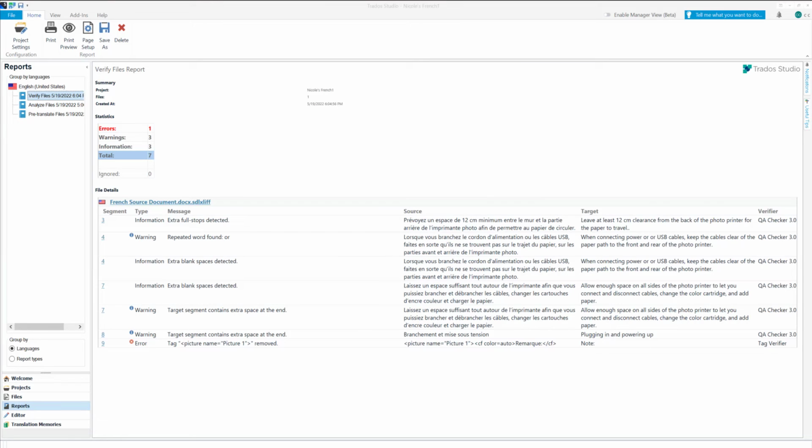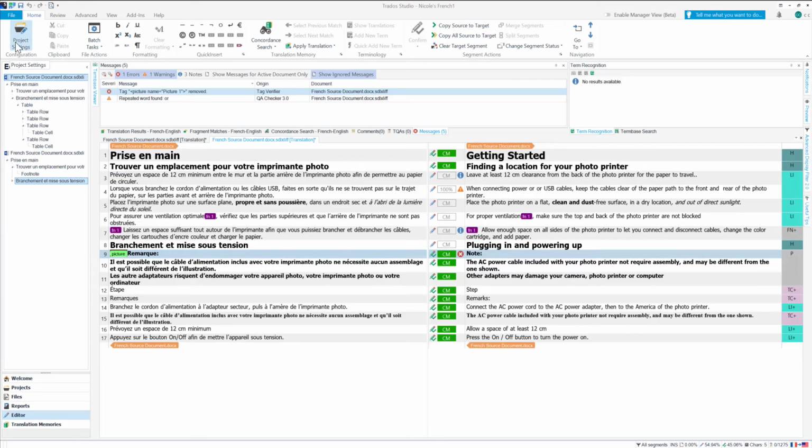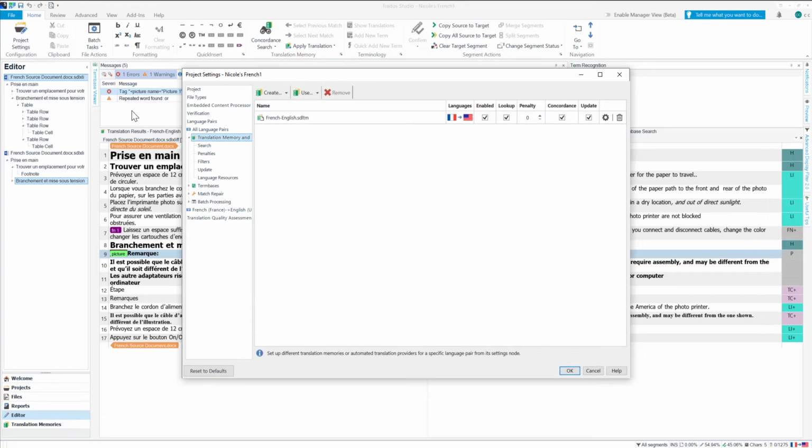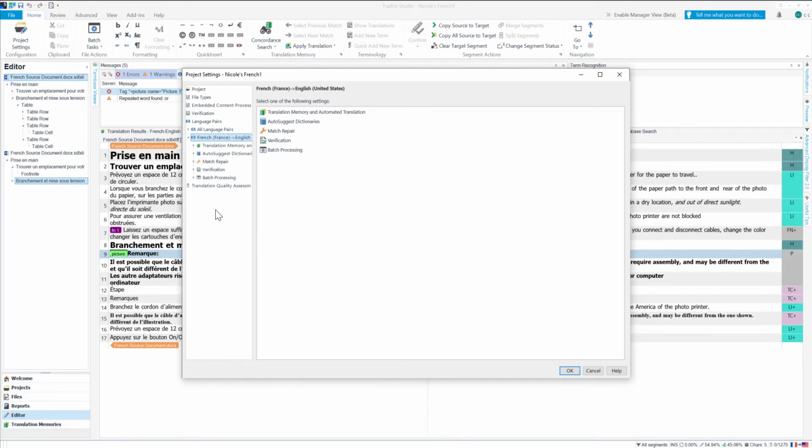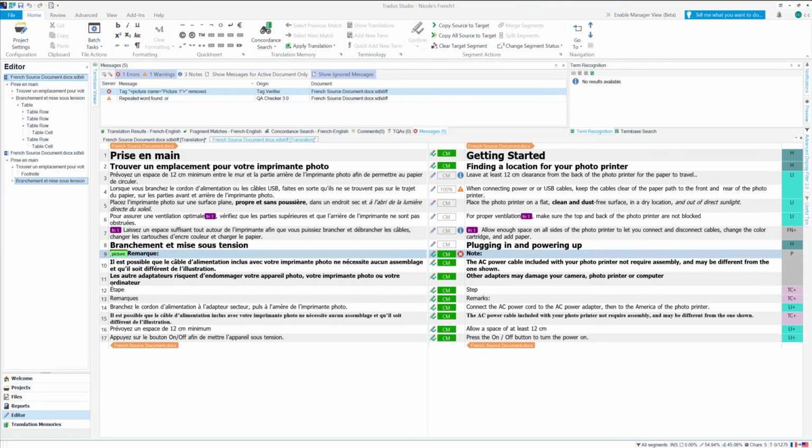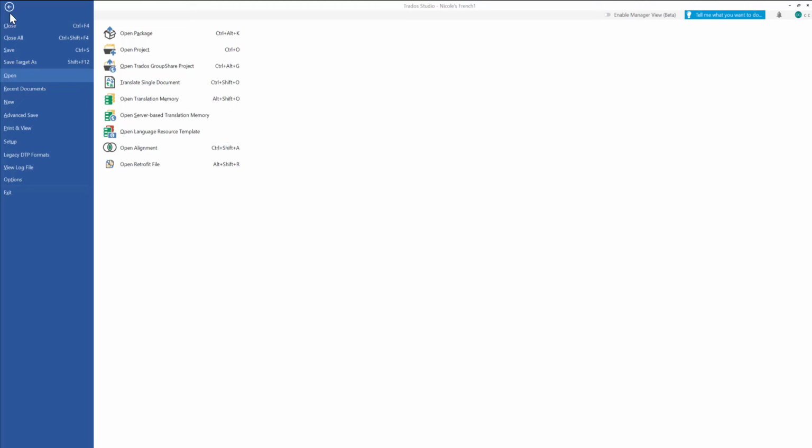If you'd like to do a final read through your translation in MS Word, PowerPoint, or other native application, you'll find Retrofit very useful. If you want to put in place different QA settings with different language pairs, go to Project Settings, Language Pairs, and do this under the individual language pair. With Retrofit, you can make small changes to your translation in its native application and then quickly update your bilingual file with these changes, cutting out the need for duplicating that work in Studio. Bear in mind that Retrofit is suited to small amendments to wording made within the existing document structure. It's not intended to handle structural changes such as merging or reordering sentences.